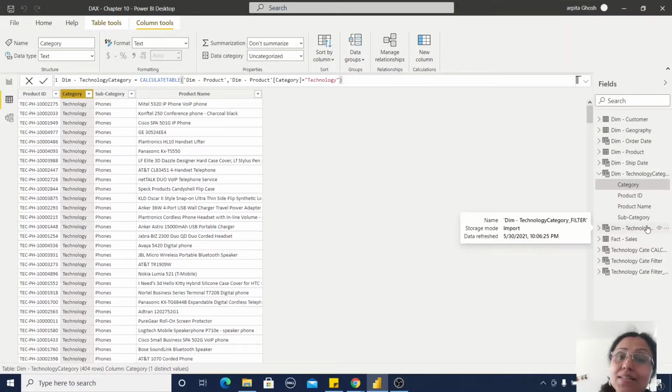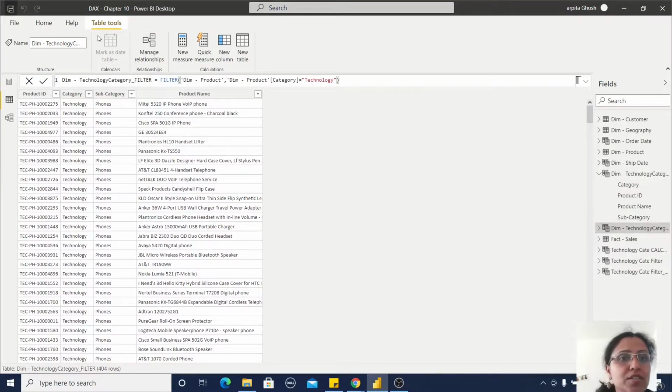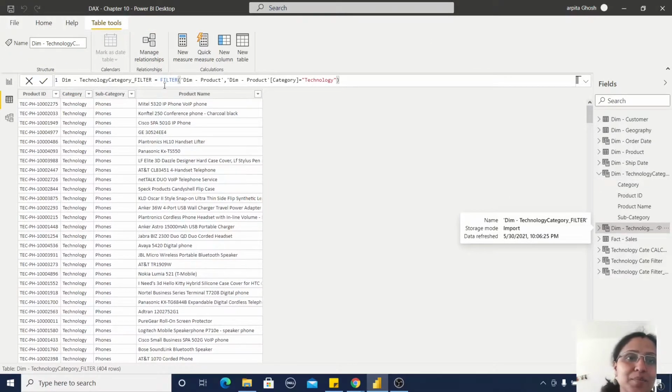Okay, there is another function, the FILTER function. Now if I replace the CALCULATETABLE function with the FILTER function, what will happen? Let me show you. I am clicking on this. I have created another table. I have used the FILTER function instead of CALCULATETABLE, and within the function I have used the same product dimension and the product technology.